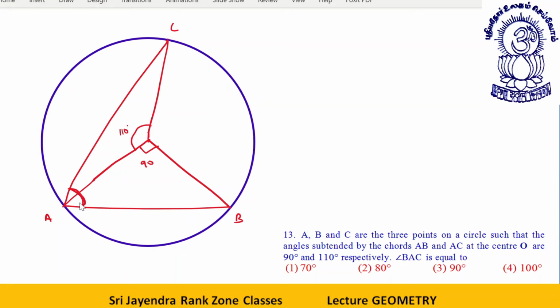So students, it's actually easy. If you need to determine angle BAC, what will BAC be? This is 90, this is 110, this is 200 degrees. So this angle will be how much? This angle will be 160 degrees. Why? Because if you sum them up, you will get 360 degrees. Now if this is 160 degrees, so this angle will be half. Why? Because B and C subtend an angle of 160 degrees at the center. So at any point on the circumference it will be 160 by 2, that is 80 degrees.